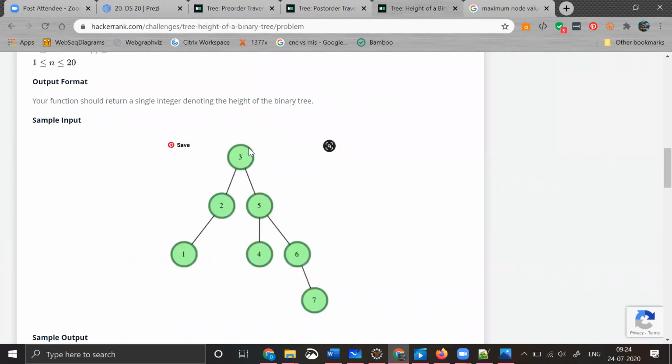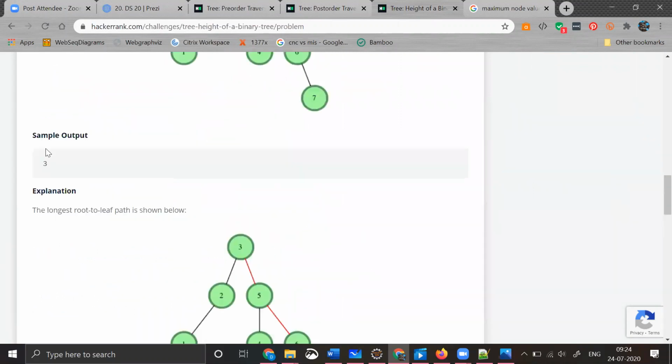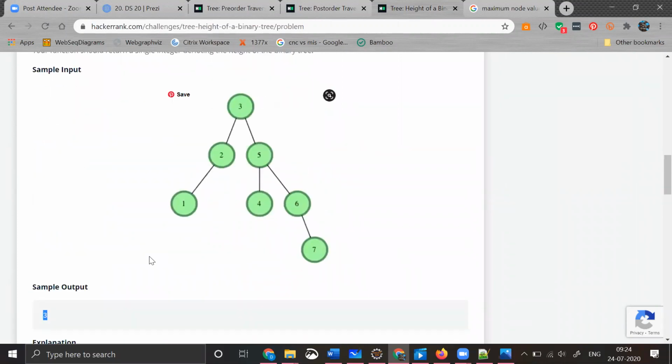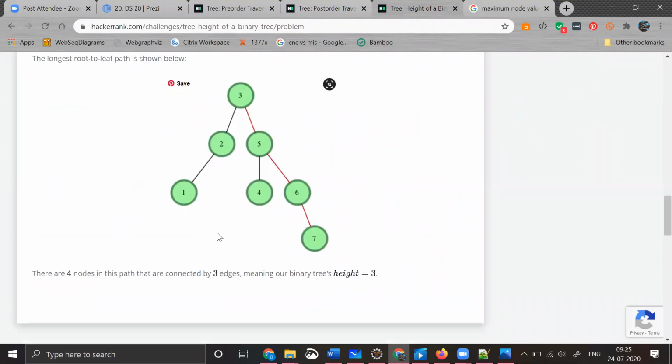Here what will be the height? 1 2 3 4, right? What will be the height here? But they are saying the output is 3, right? Even though we calculated the output as 4, these guys are saying it's 3. So let's say if they want us to give the output of 4, then we can return 0, right? So that's because of the problem description that they have given. Actually they want us to take it like that, so that's why I have coded like that.